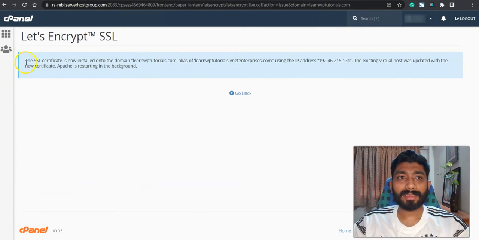and it says the SSL certificate is now installed on the domain www.alias enterprises using the IP address, etc. So the existing virtual host was updated with the new certificate. Apache is restarting in the background. So this means that your SSL has been installed, and they have activated it for your domain name. So let's go back